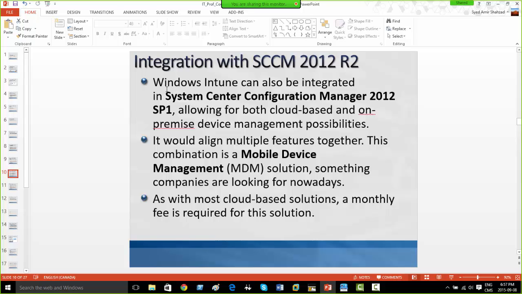So what's that, Intune? Microsoft Intune, it's some kind of cloud version of a CCM, right? And the Intune client is some kind of a CCM client which we install on